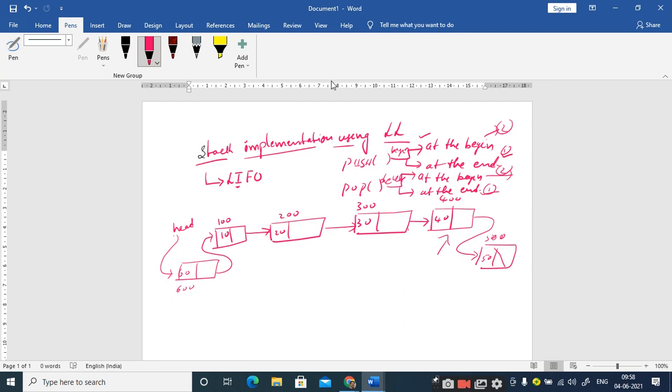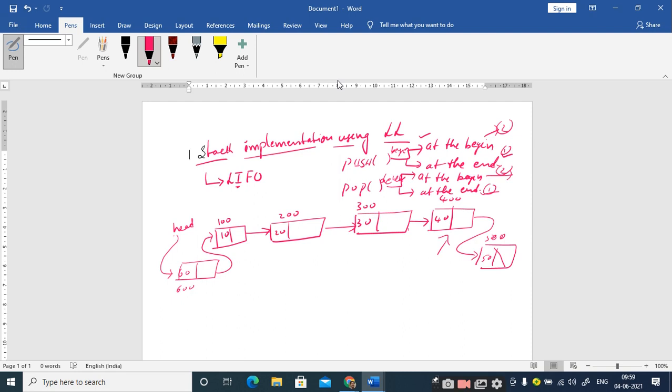Which one is more efficient? At the beginning only. Why? Because if you want to perform a push operation using insertion at the end, you have to create a temporary pointer and traverse it to the last node.